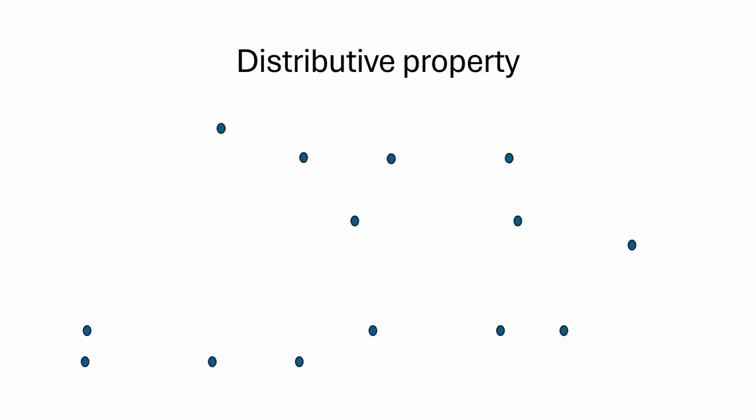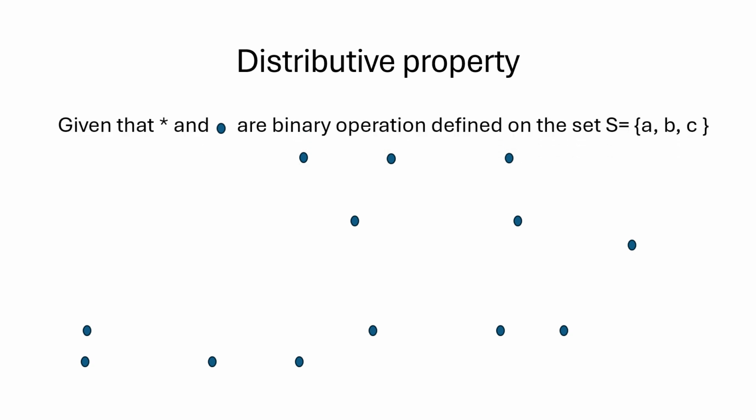In today's lesson, we are going to look at the distributive property of binary operations. Before we get to the lesson, I would like us to understand what the property states. It states that given that the binary operation star and the binary operation dot are defined on the set X with the elements A, B, and C,